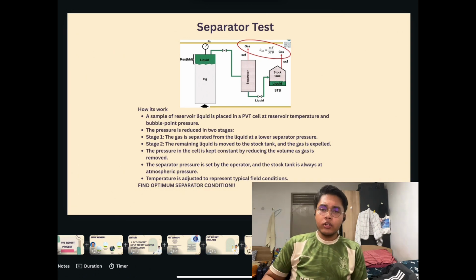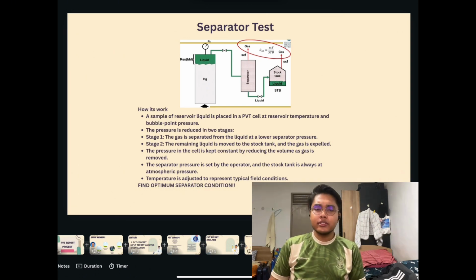So the last test for the PVT analysis is the separator test. The separator test involves placing the reservoir fluid sample in a PVT cell at a reservoir temperature and bubble point pressure. After that, the pressure is reduced stage by stage. So basically, there are two stages. First of all, the gas is separated from the liquid at a higher separator pressure